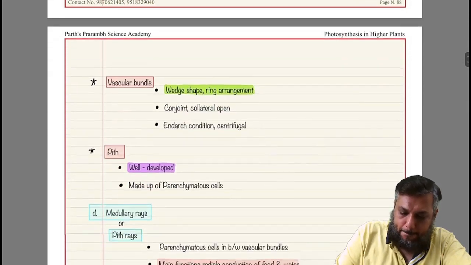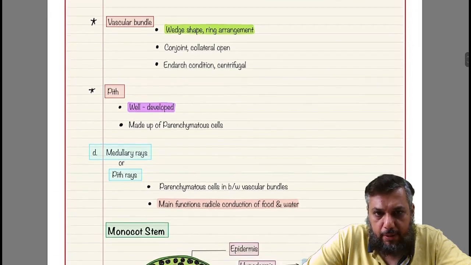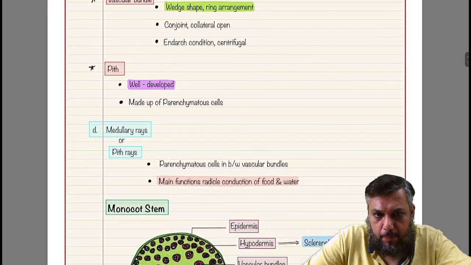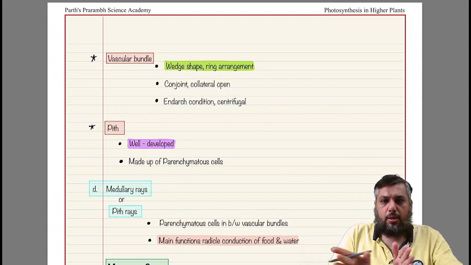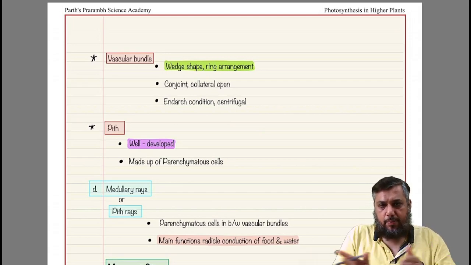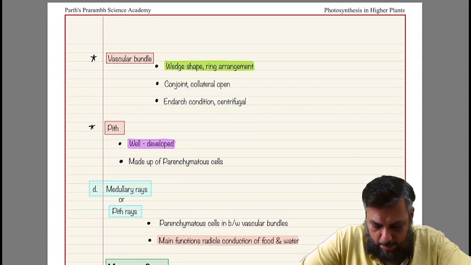Then the vascular bundles are conjoined, collateral and open with an endarch condition. जैसे रूट में था exarch, यहाँ पे endarch. Pith is very well developed, made up of parenchymatous cells. एक और फीचर है यहाँ पे कि between the vascular bundles, there's a group of parenchymatous cells which are called as the medullary rays. और ये रेडियल कंडक्शन में हेल्प करेंगे, ऐसे साइडवेज कंडक्शन में. And at the time of secondary growth, it will result in the formation of the interfascicular cambium,